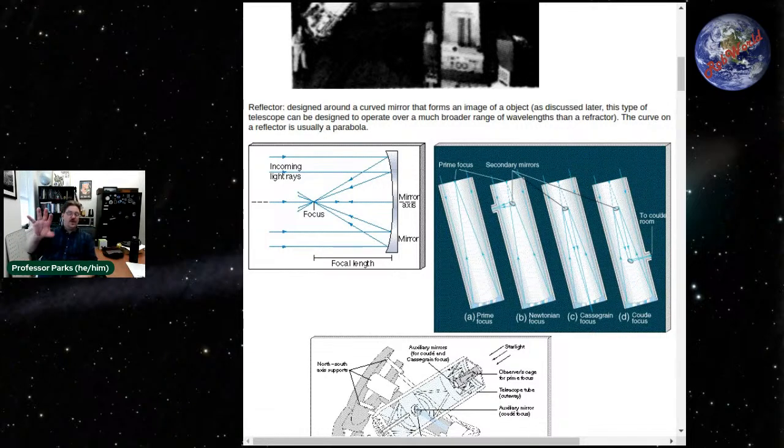You can either place your camera there, and that's what we refer to as a Nasmyth focus, or you can have the beam continue out and actually get redirected underneath the telescope into what is known as a Coudé room. That way you can put a spectrograph, which is a very sensitive instrument that really doesn't like being on a telescope pointing willy-nilly.